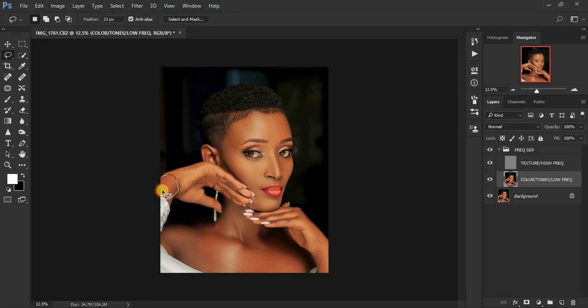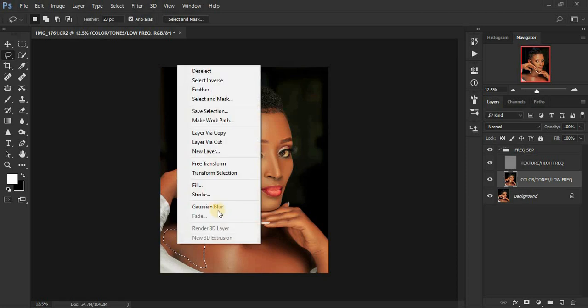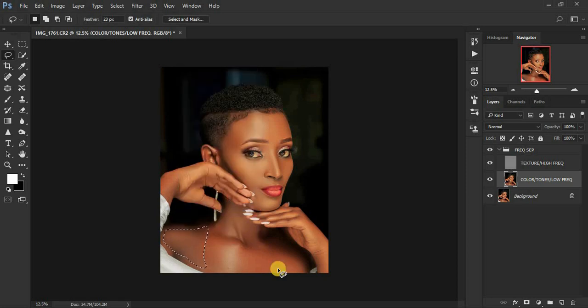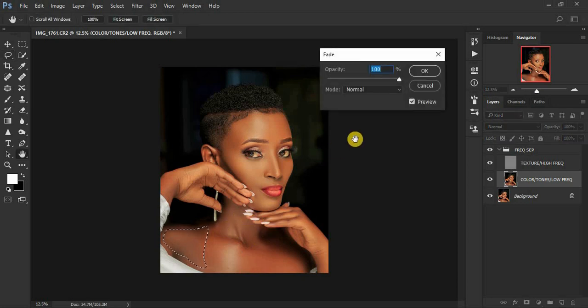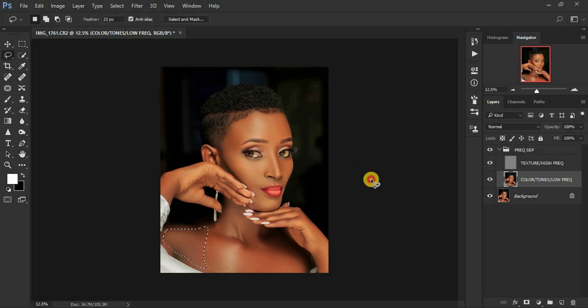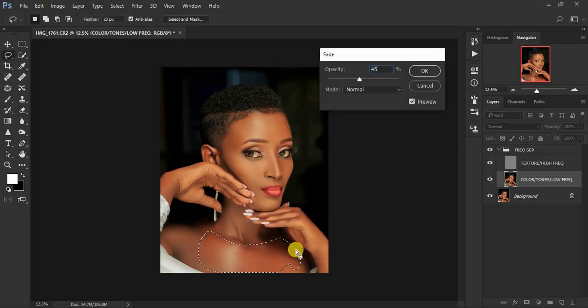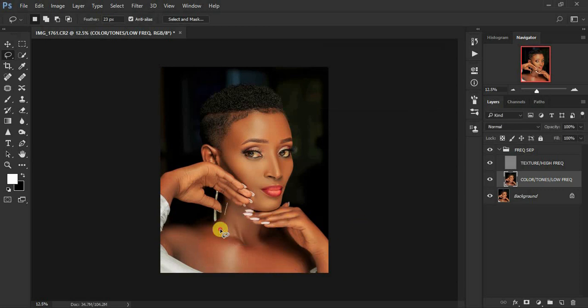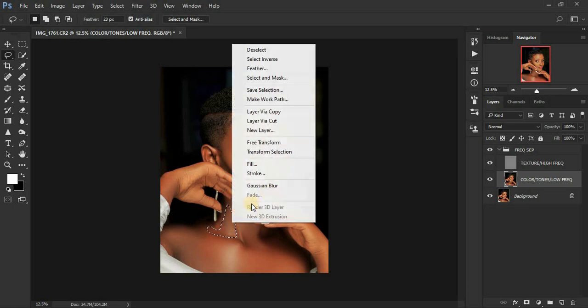So we're going to come right here to the arm and apply the effect to that area, and also come right here, right click, click on Gaussian Blur, and if at all you feel it is too much, for example for the softer areas, press Shift Control F and reduce the opacity of that effect. So basically that is what we are just going to do for the rest of the model's face. Shift Control F, I'm going to go with 45 for that area, and do the rest of the image like that,